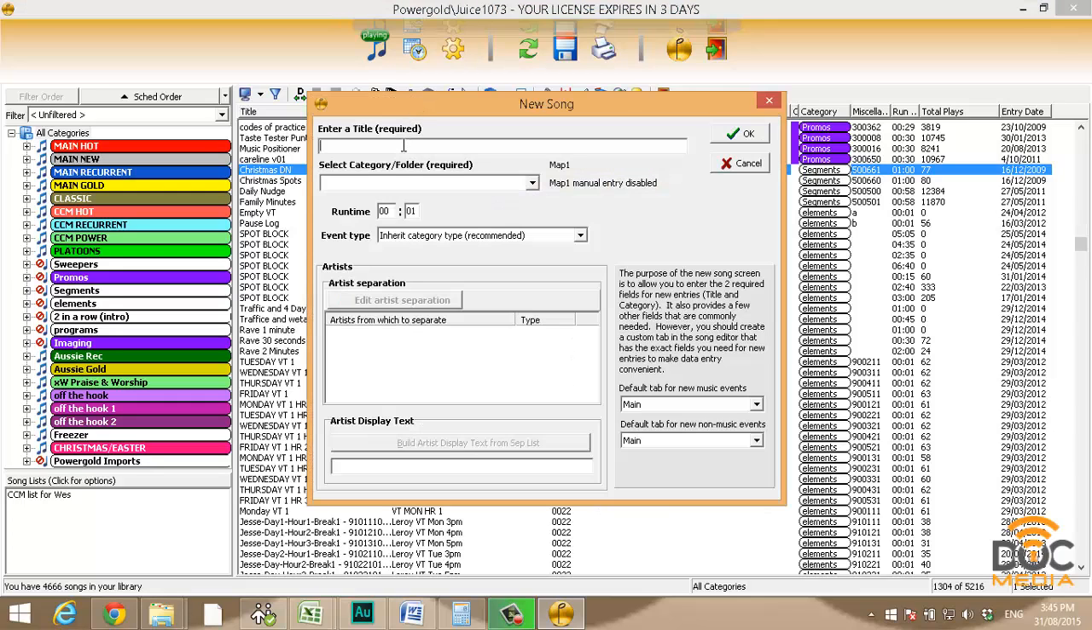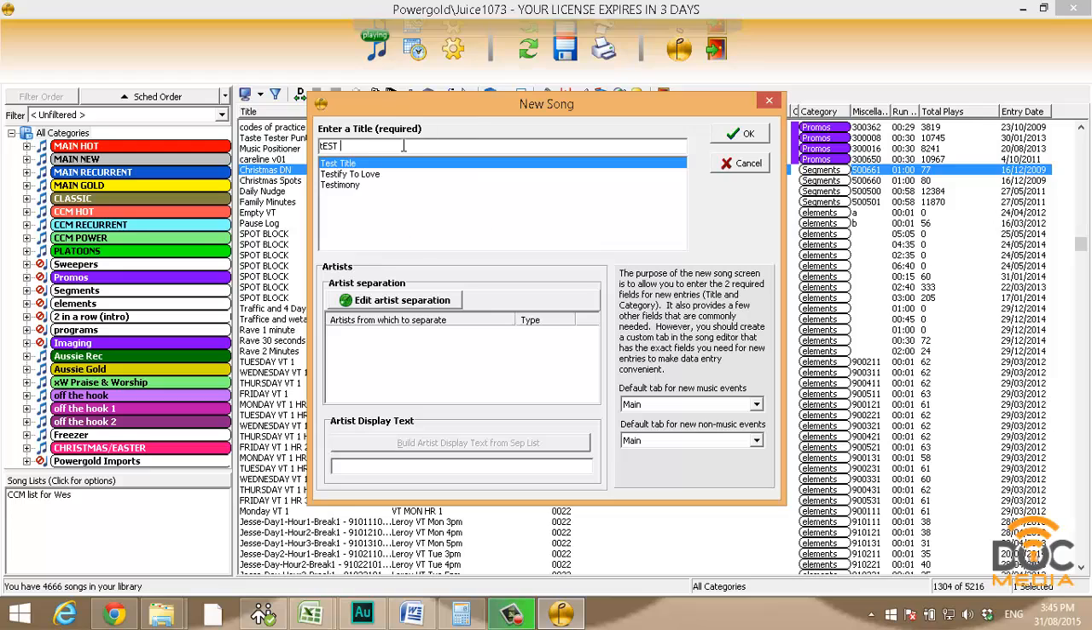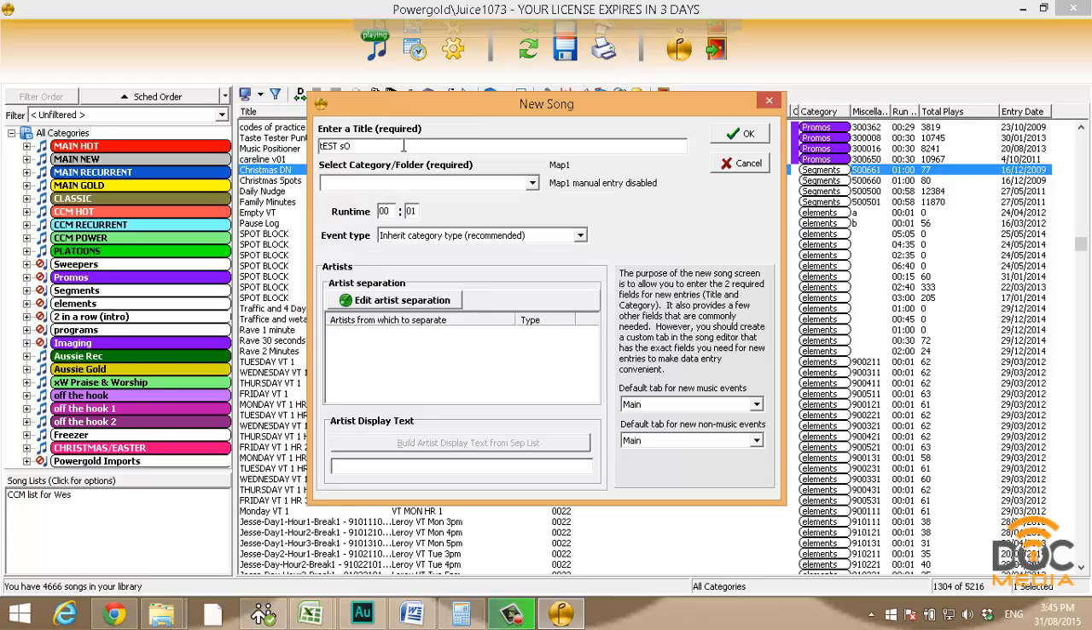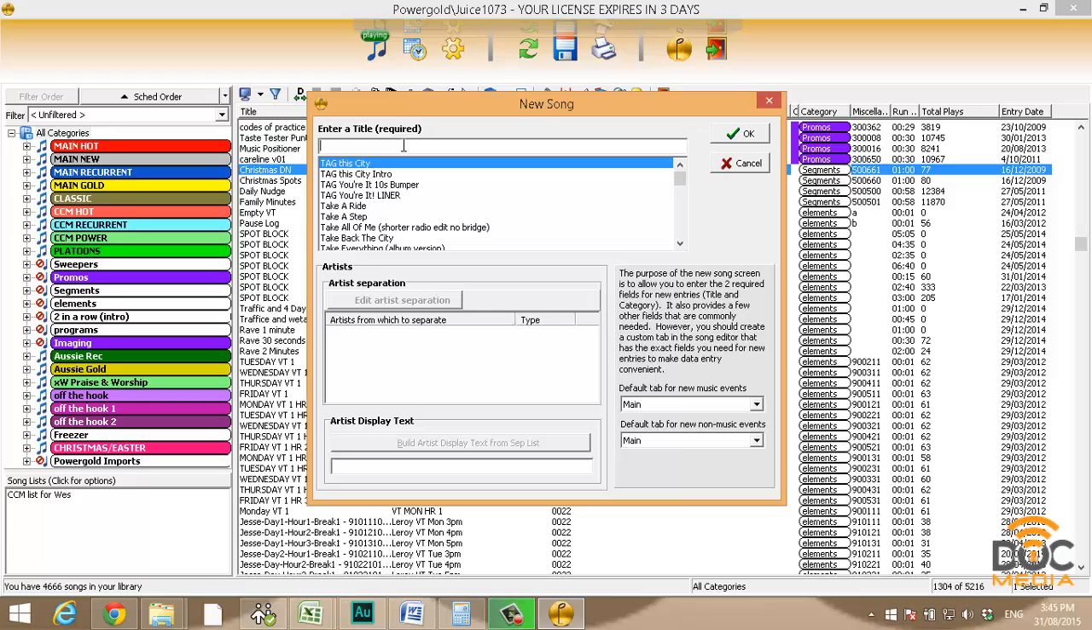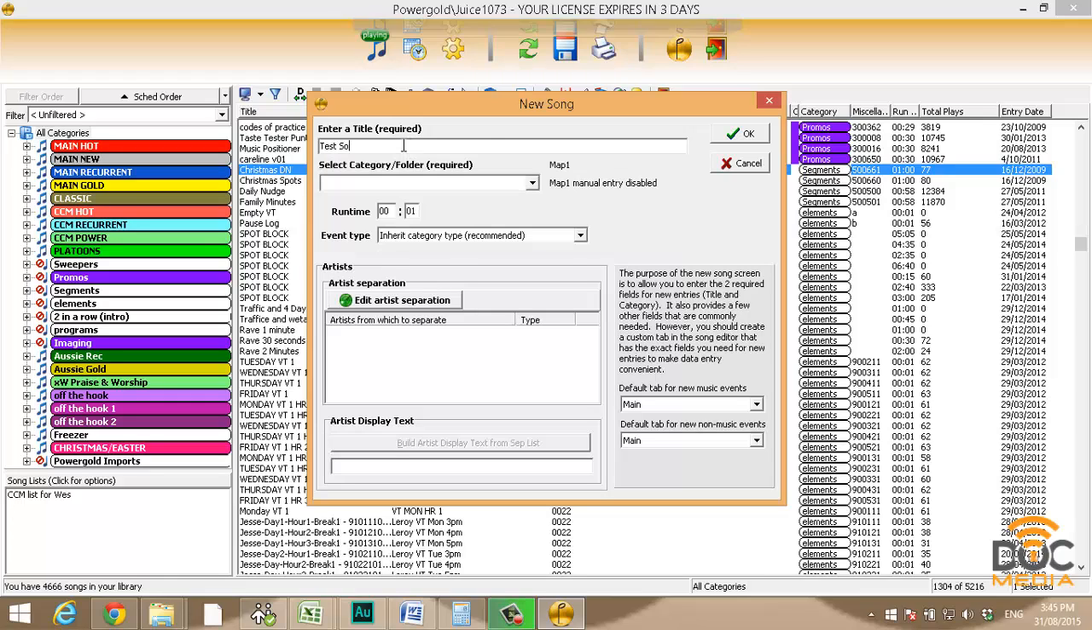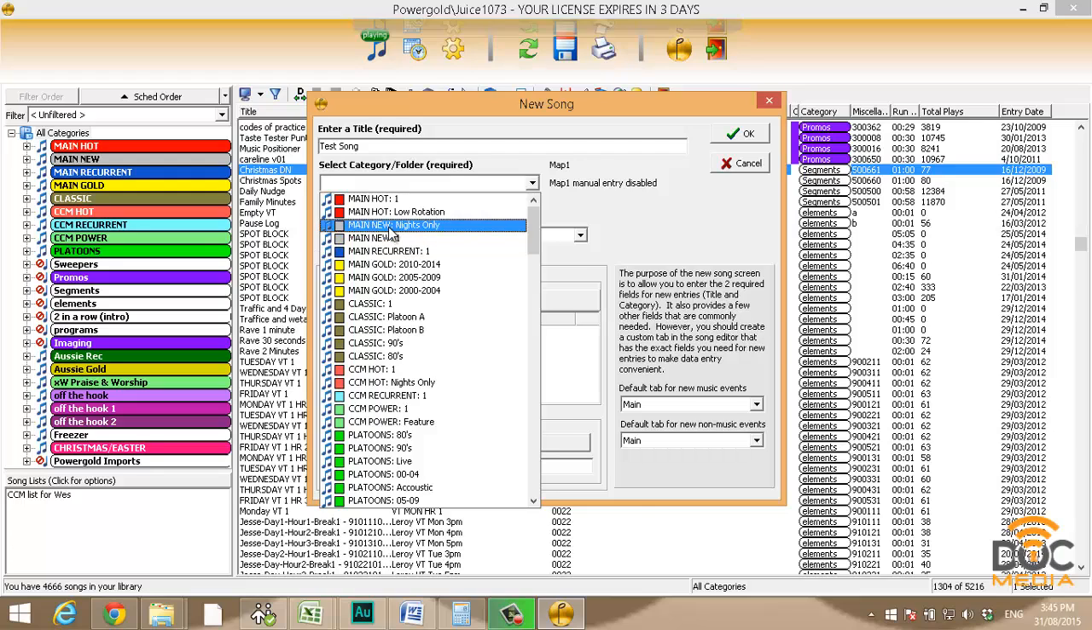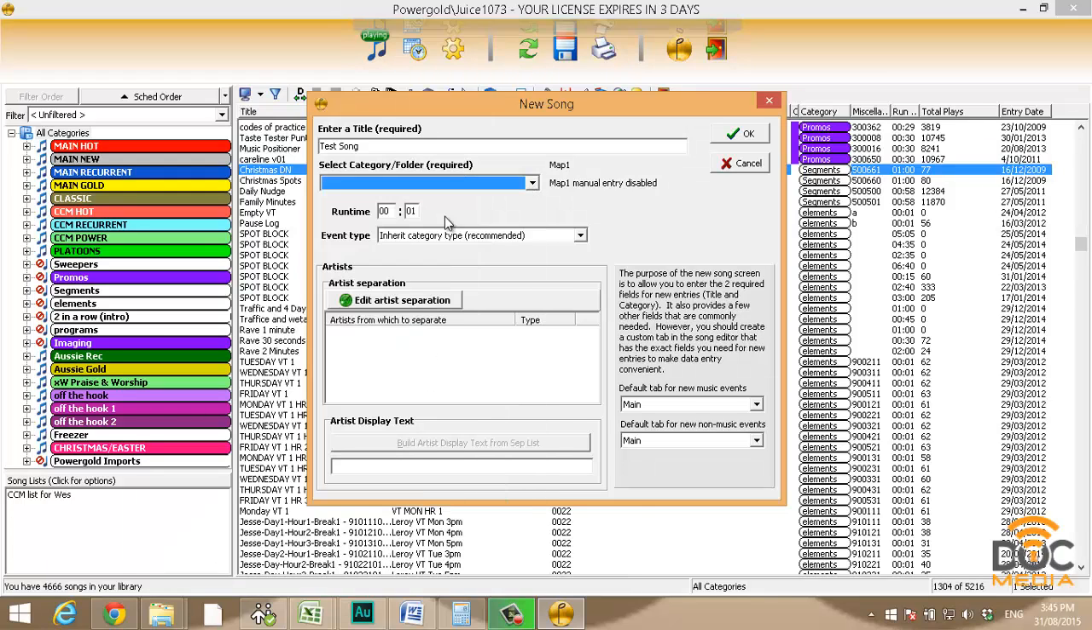So we're going to add plus, we're going to add title of test song, and I'll get my writing right. Okay, so test song, we're going to pick a category. This one's going to go into mainstream new there. And the song for this sake is 3 minutes and 23 seconds long. We're going to leave it as inherit the type. Now artist, we're going to